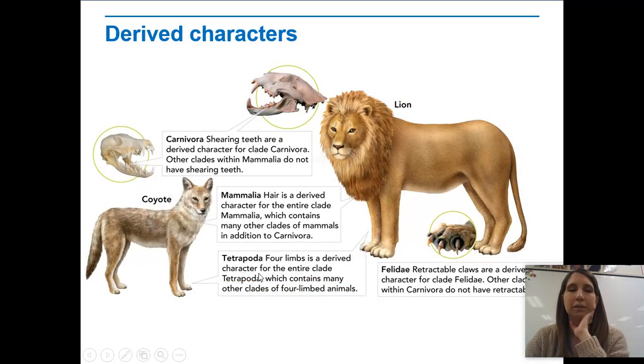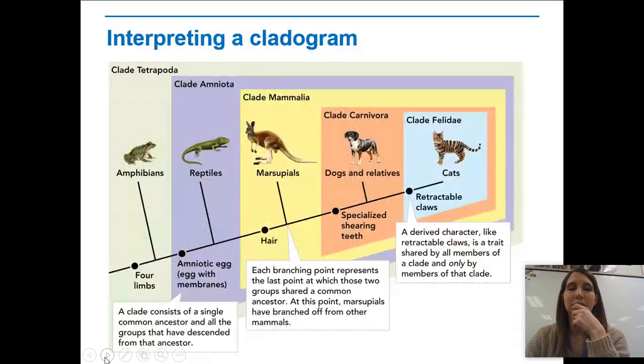So we have four limbs. They all walk on four limbs, which is kind of what distinguishes them, or at least one of those factors that distinguishes them from us. Felidae, again, have those retractable claws, right? Carnivora have shearing teeth. And so we can kind of distinguish them from there on,